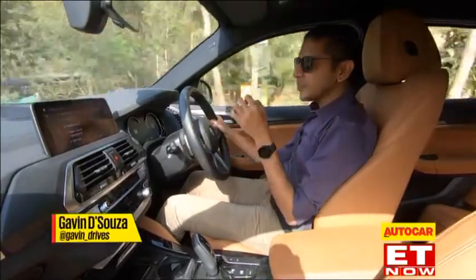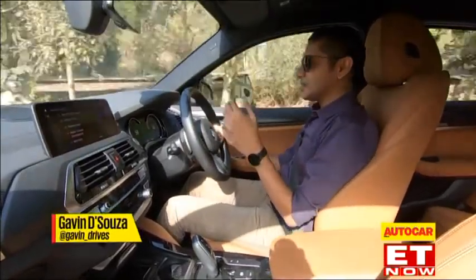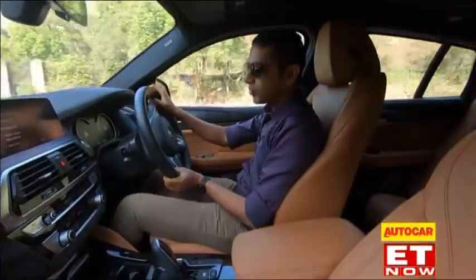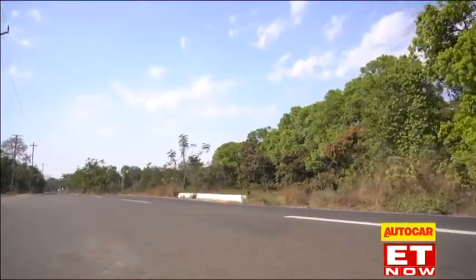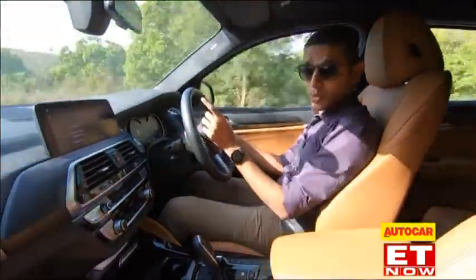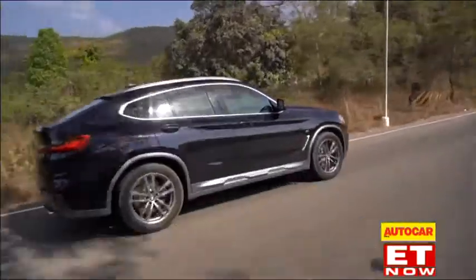So while the ride is perhaps a little bit fidgetier than what you get in the Mercedes, it's still very good overall in comfort mode. And then it doesn't get too bad when you put it in sport either. But when you do put it in sport, you get incredible